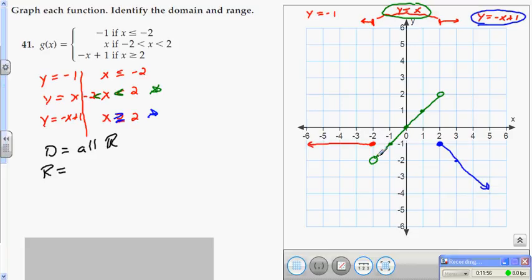In between, in the green, you have everything from -2 to 2. And then to the right of 2, it goes down forever. Okay, so down this way means all y's that are negative, basically from that point on, are going to work. So we know that from -1 and down,